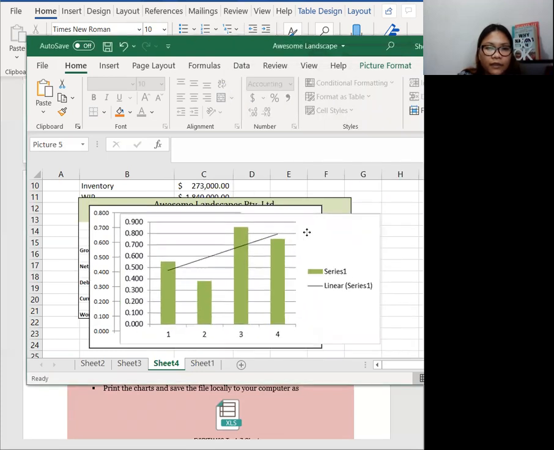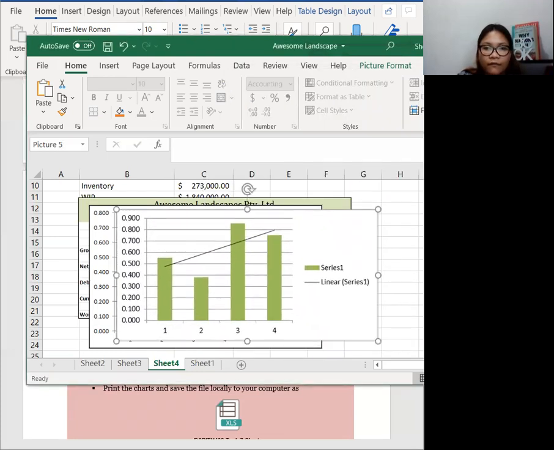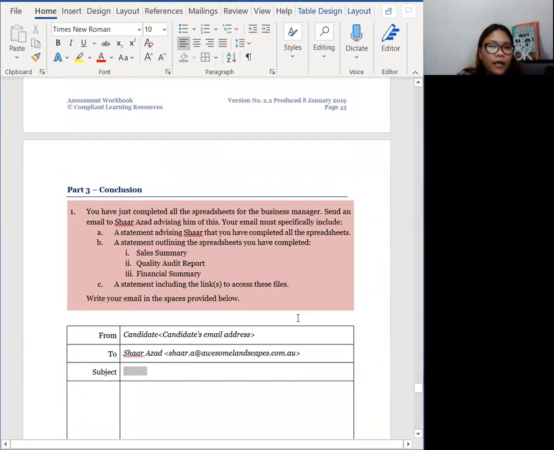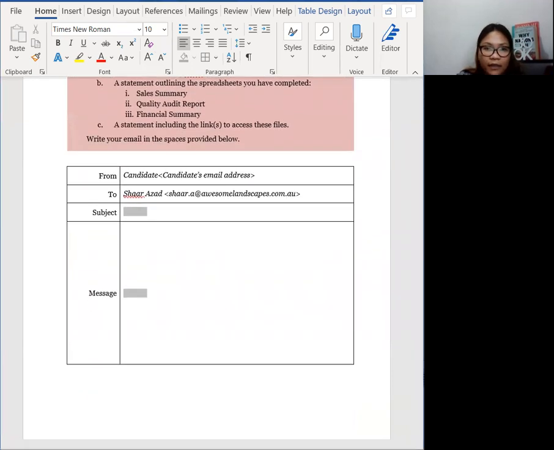All right, so something like this for the comparison of the debt to equity ratio. Again, the linear trend line, if it's asked from you, you have to include that, okay? So you have to write the email advising the business manager that you've completed everything,